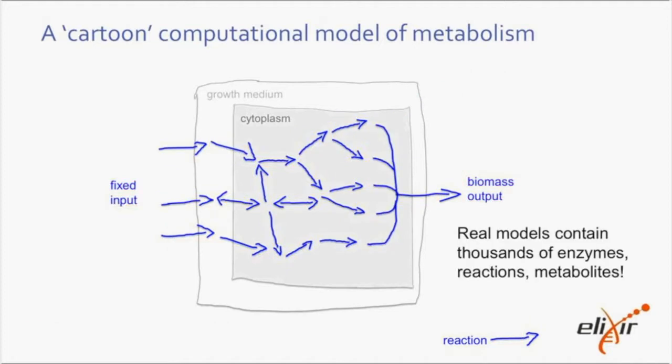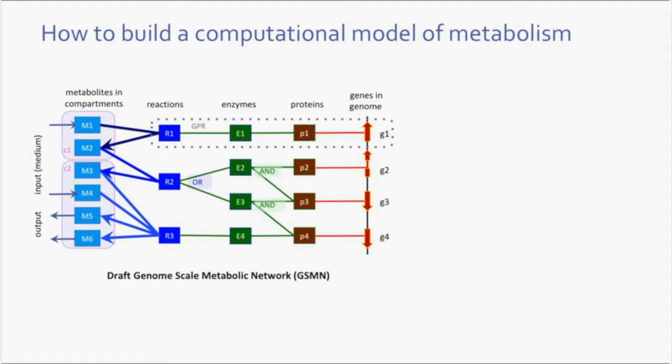As I said, this is a cartoon computational model of metabolism. The real models contain thousands of enzymes, reactions, and metabolites, and they're derived from real genome annotations. So that's a cartoon example. If we look at how real models are actually built,